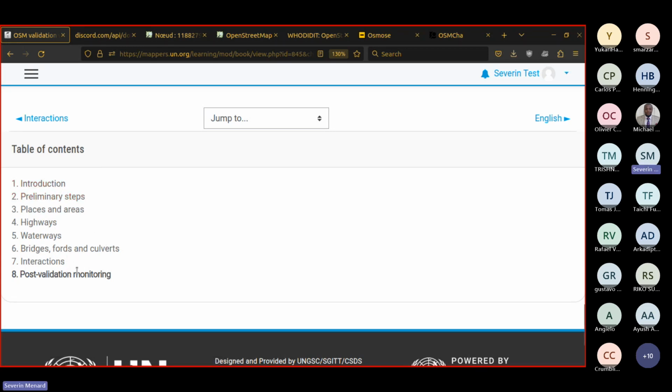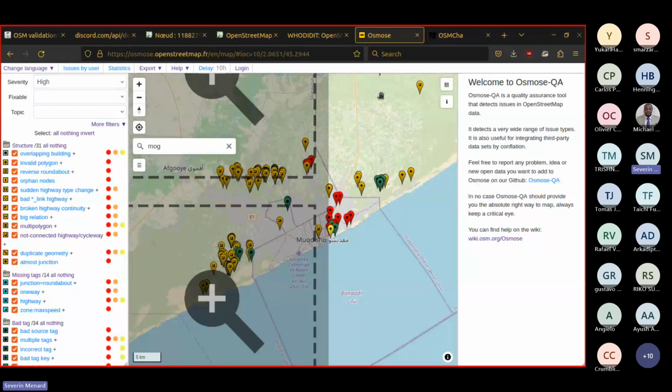Okay, and that's the mapping time and the first initial validation. And now we are dealing more with the post validation, and we just monitor. And I assume there is no new tasking manager project over the area.